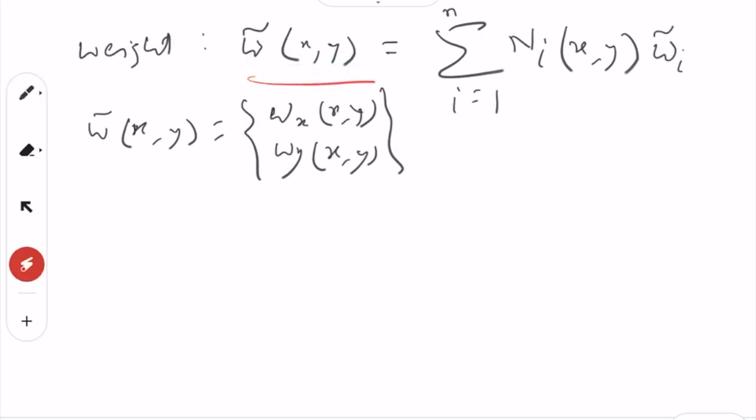So done. Then we have the shape function same as earlier, and then w, we had